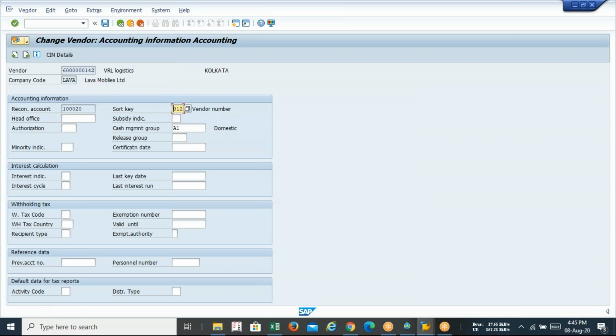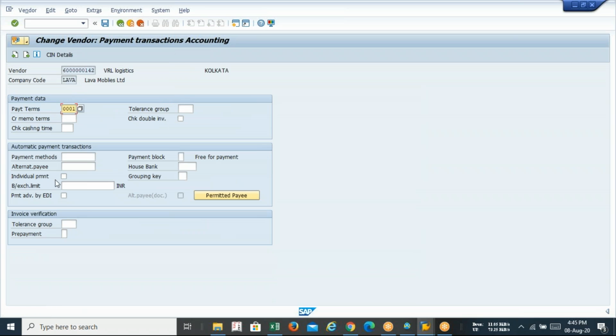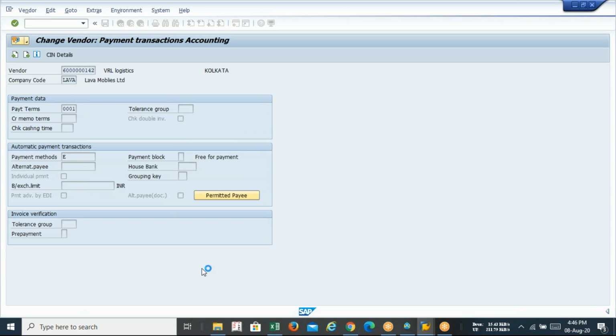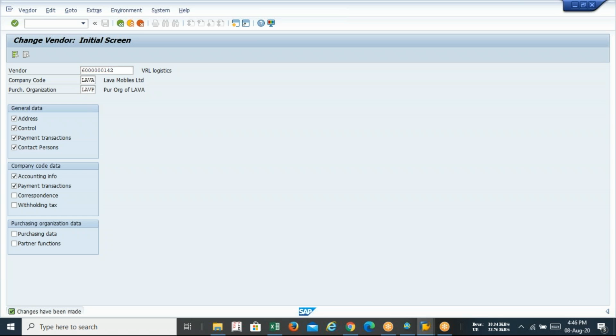Does this apply only for automatic posting, right? No, nothing like that. It depends on whether you have configured it. Because in the previous payment, we had not assigned it to the vendor. Right now I am assigning it because previously when we did the payment, automatic payment was not configured. So after doing the configuration, I will edit my vendor and insert the automatic payment option with my vendor, that is E. Okay, so we have to link it, integrate it, then we can do the automatic posting.